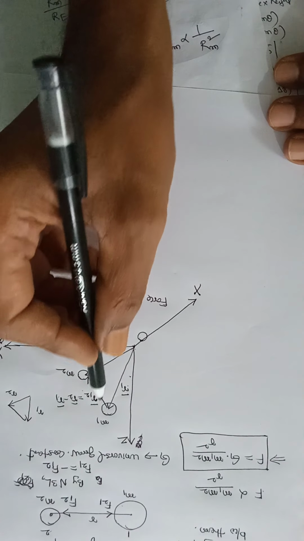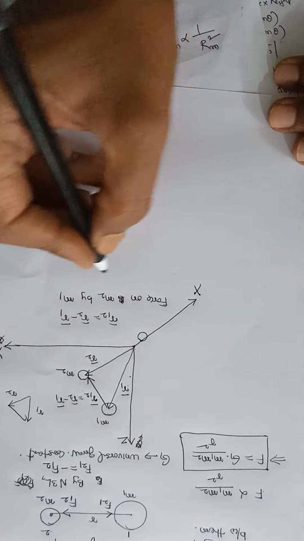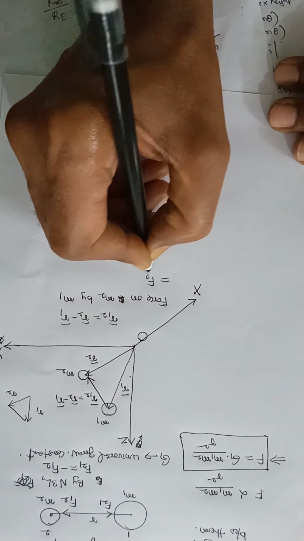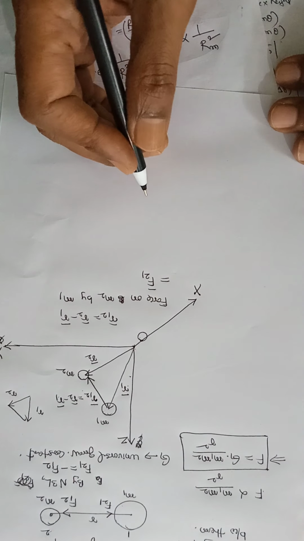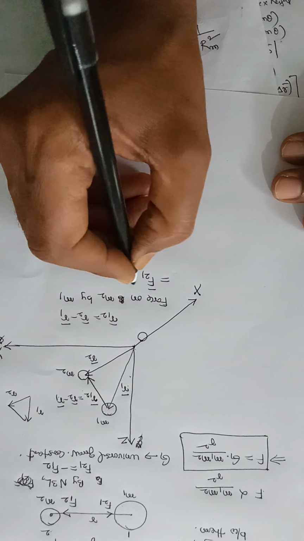That means what? This M1 is attracting this. So that is given by F21, force on 2 by 1, is equal to